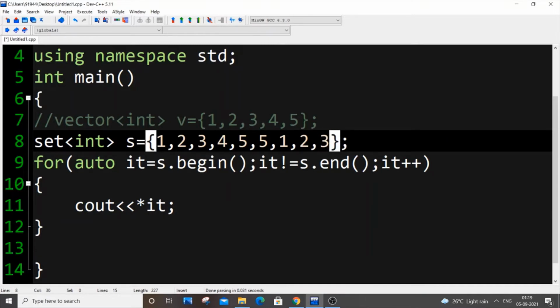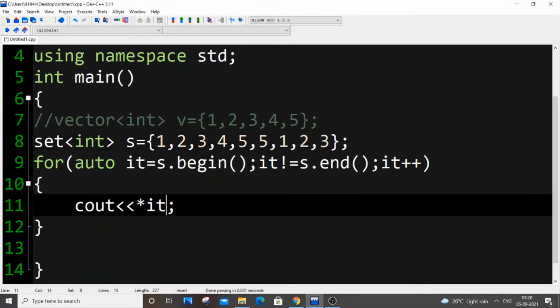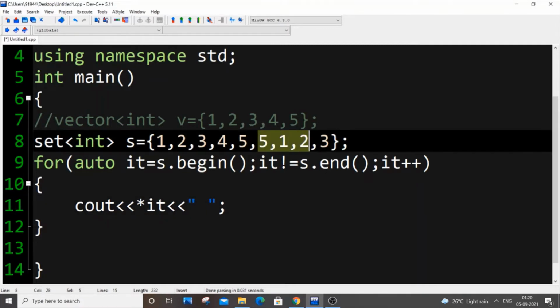So now basically our set has these duplicate numbers. Okay, so if I just print it now, I've just added 4 numbers which are duplicates of the existing numbers. So if I just run it now,